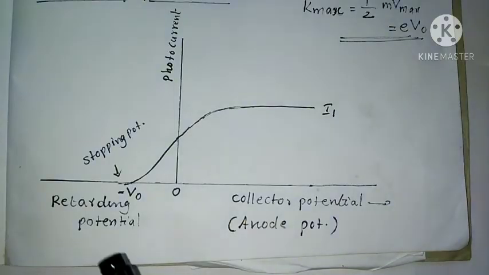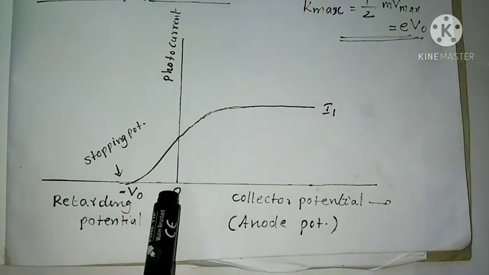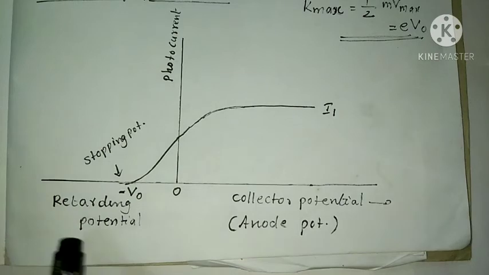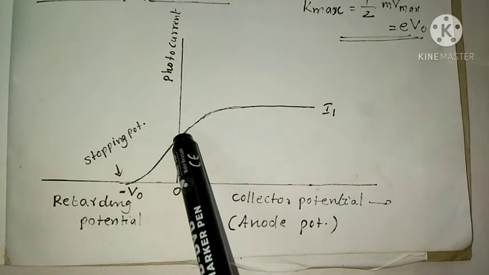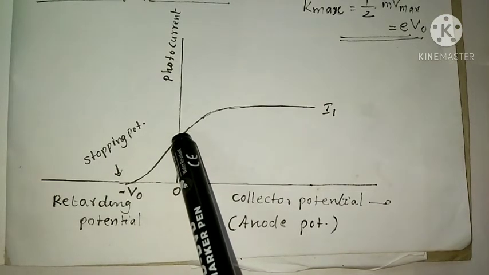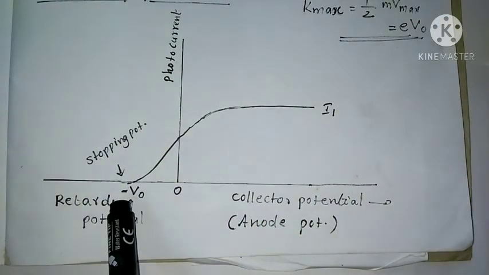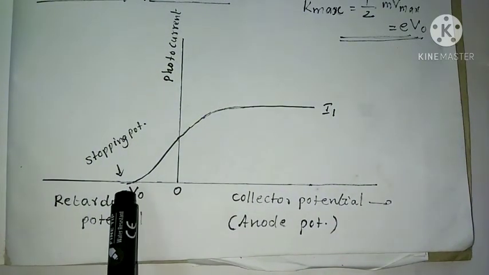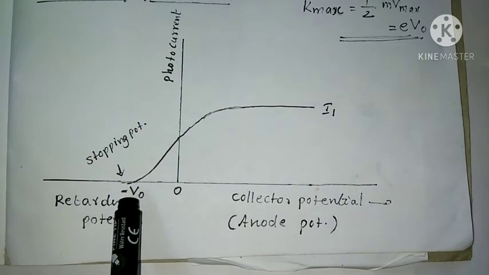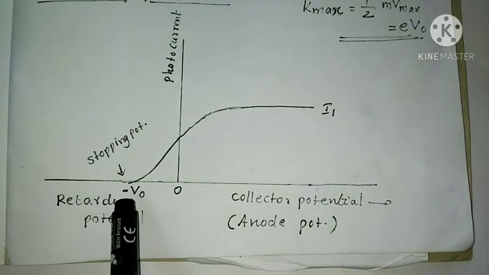This we can plot in a graph. Here the retarding potential is increasing, that is, the negative potential at the anode is increasing. When the negative potential increases, the electrons repel back and only the most energetic electrons reach the collector, so the photocurrent decreases and decreases. At a particular value of the retarding potential the photocurrent stops and becomes zero. This value is known as the stopping potential, or the cut-off potential.